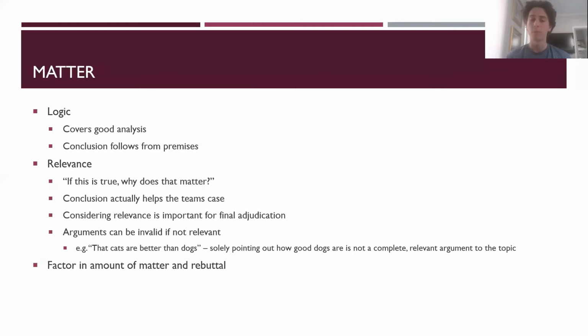So for example, if we had that cats are better than dogs, you could argue that dogs are fabulous all you like, but dogs being fabulous does not prove that cats are not better than them. So you would need to argue that dogs are fabulous and therefore cats are not better than them using some comparison there. So considering relevance is often a really good idea for structuring your final adjudication,